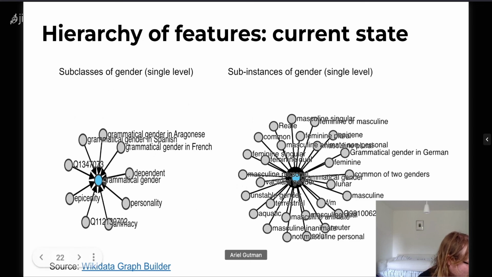Well, anyhow, none of these should be listed in such a way, in my opinion. We have, for instance, epicenity, which means being of two genders. I mean, of course, the problem is that the notion of subclass and instance can be understood both in linguistic and non-linguistic senses, and then this creates this combination of very different items here. But this is again problematic for our NLG pipeline because ideally we would